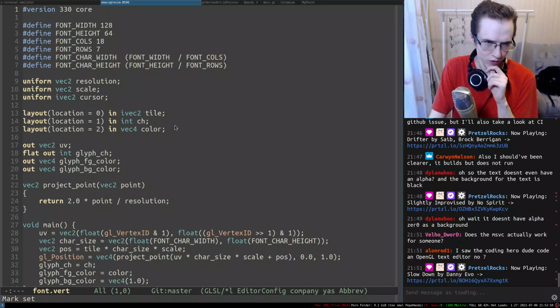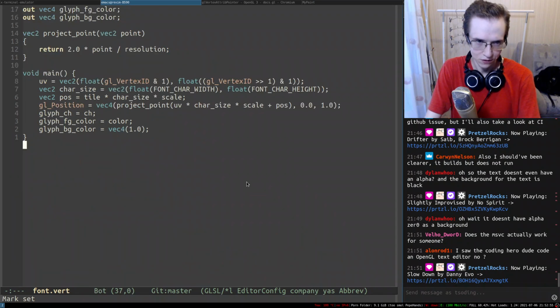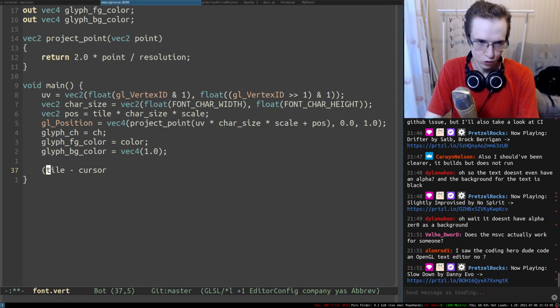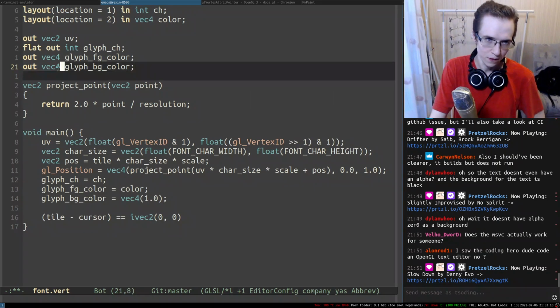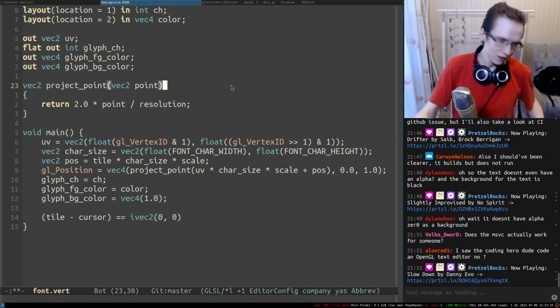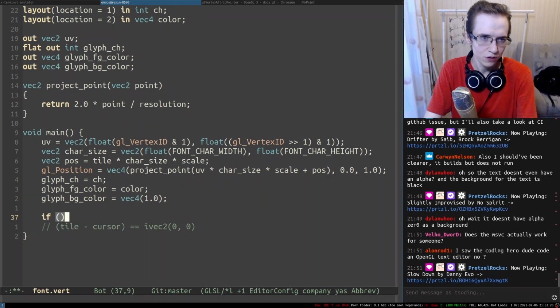An indication that the current tile is equal to the cursor is that if you subtract tile from cursor, this entire thing should be equal to ivec2 0 0. That's how we know that they're equal. And if they're equal, we need to switch the background color and also maybe the foreground color, I don't know. The easiest way to do it right now, with branch programming, I suppose, is just do if cursor equal tile.